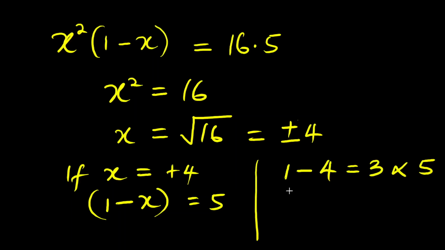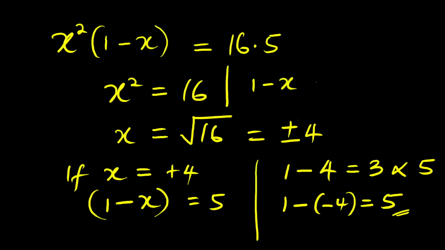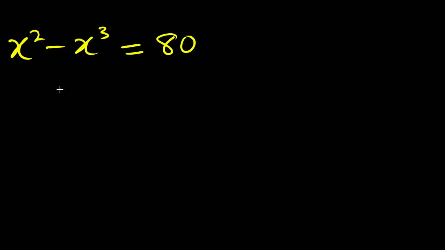Now if x is negative 4, we have 1 minus negative 4, which is equal to 1 plus 4, which equals 5, which conforms to the other factor, 1 minus x is equal to 5. So here we can say that the only real value of x that satisfies this